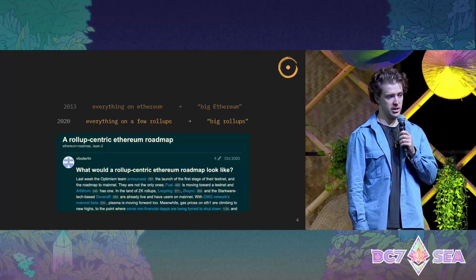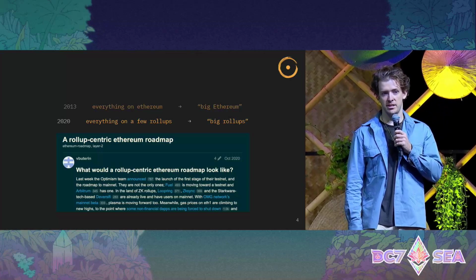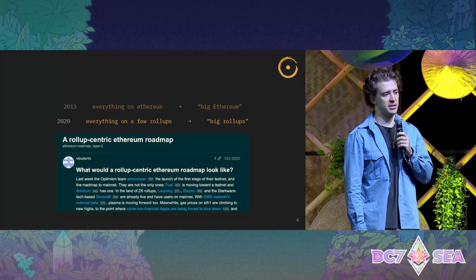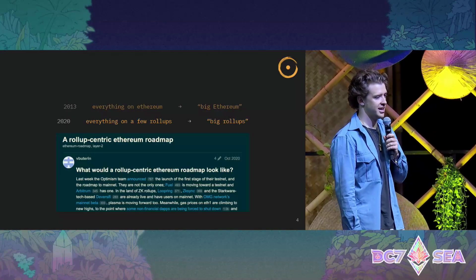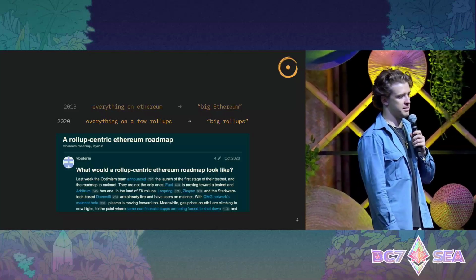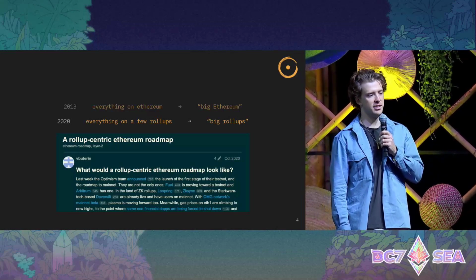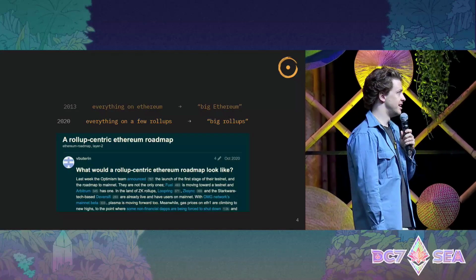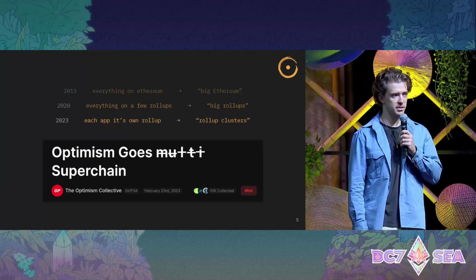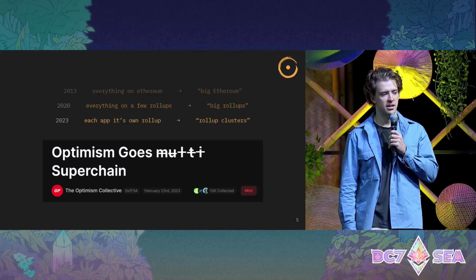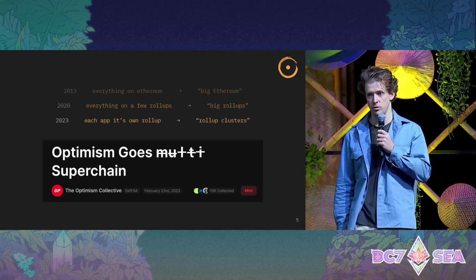Then something happened in 2020, which is that the chain ended up being unusable because gas prices spiked to an insane level. I think this was the start of DeFi summer and yield farming and all this fun stuff. And so the new idea came out, which was let's actually put everything on a handful of rollups. And I would call this the big rollup phase of Ethereum. And then more recently, we've seen that the rollups themselves started to split up into their own thing. And so now the idea is you have an app that's on its own rollup, and so you